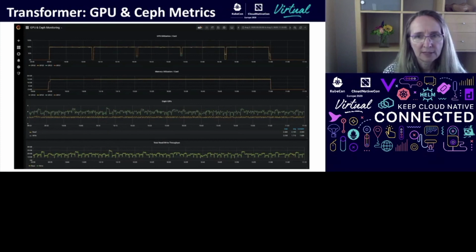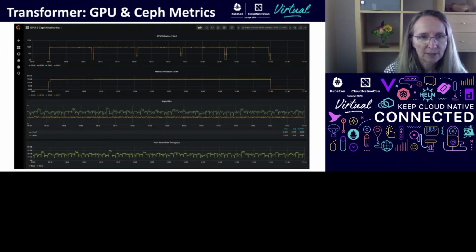You can see that along the top row, the graph is GPU utilization, and it goes from 0 to nearly 100% when the job starts at 9:55. You can see the time along the x-axis there. And so we are just keeping these GPUs very busy for the duration of that run.